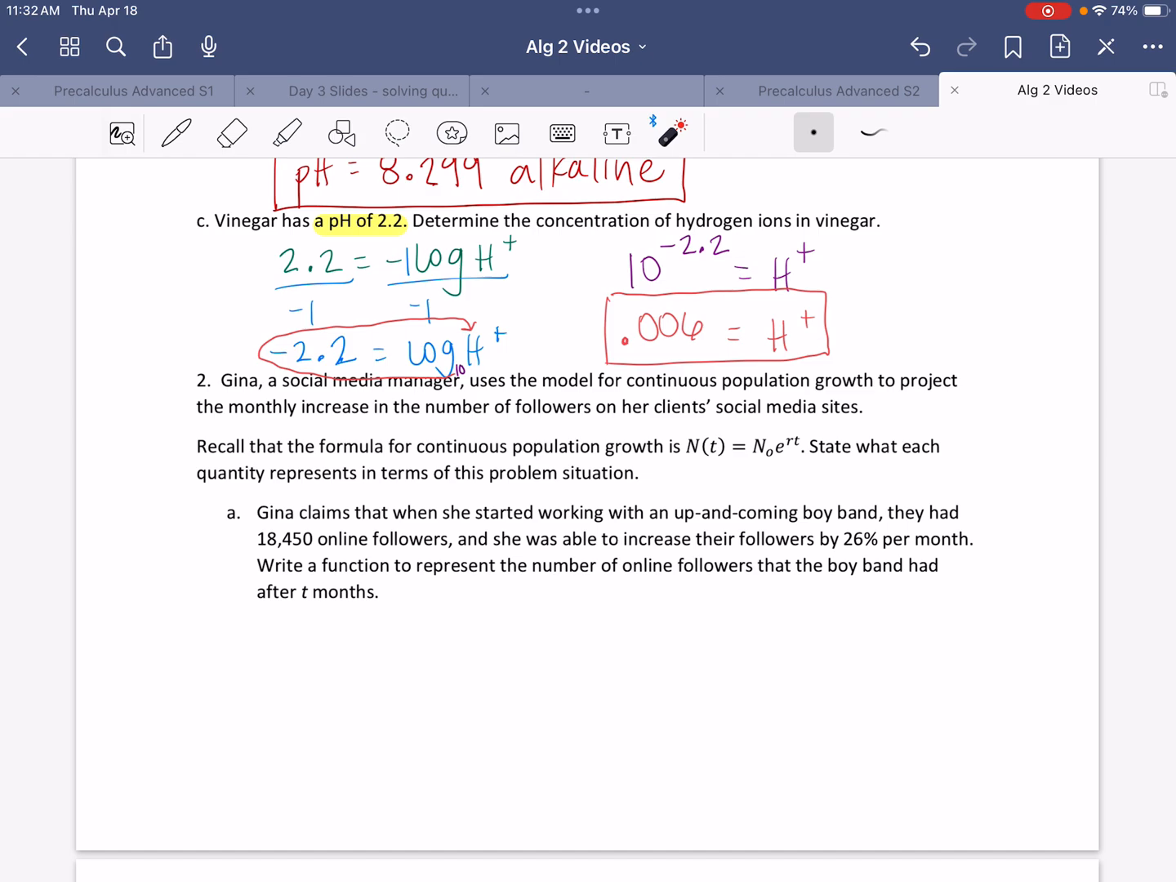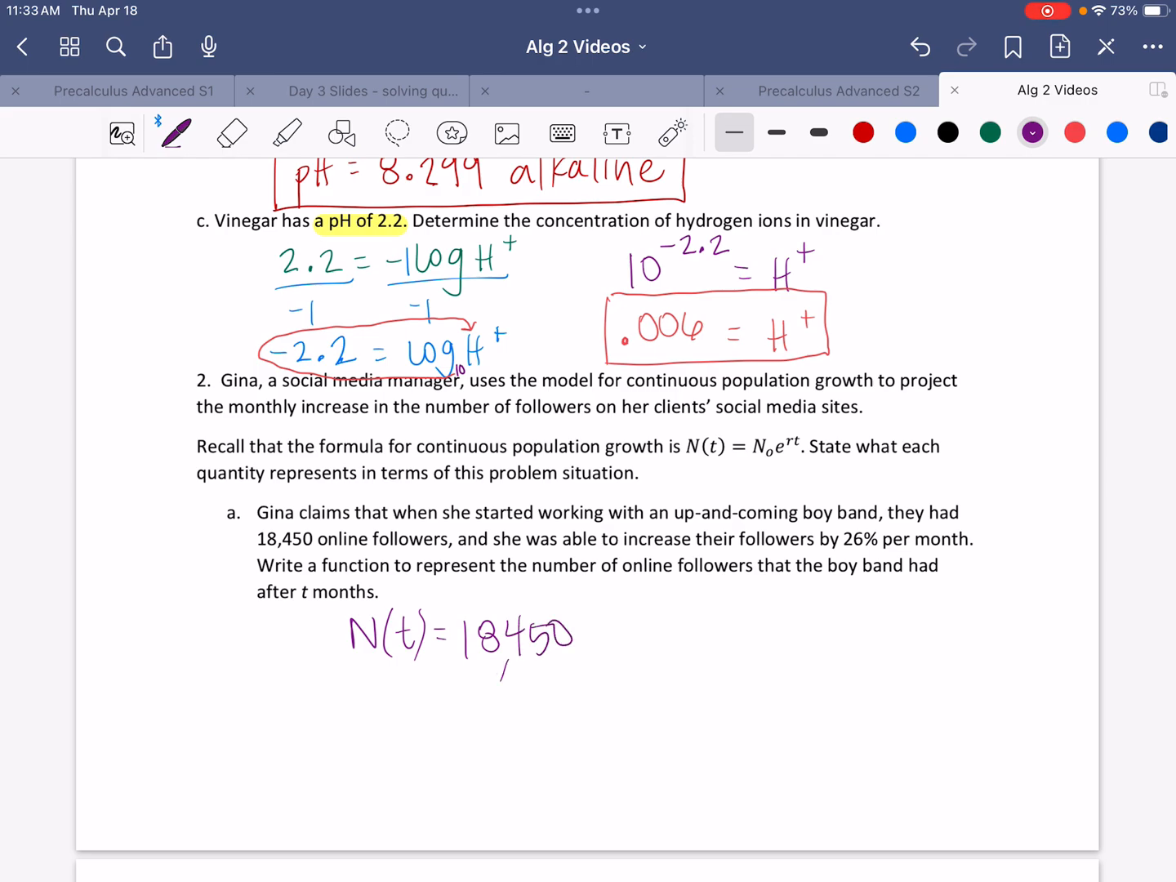So Gina claims that when she started working with an up-and-coming boy band, they had 18,450 online followers, and she was able to increase their followers by 26% per month. Write a function to represent the number of online followers that the boy band had after T months. Okay, so our equation would be the future, like N of T here means the future followers depend on the time. And that equation is